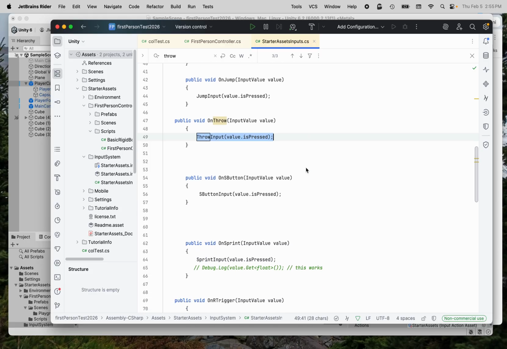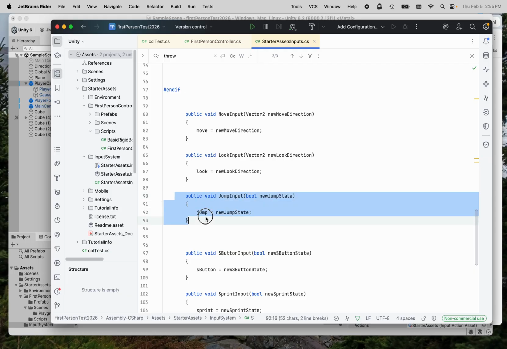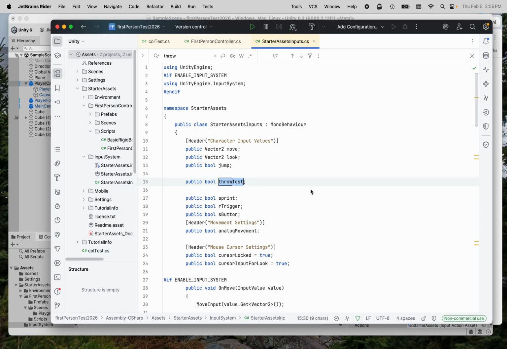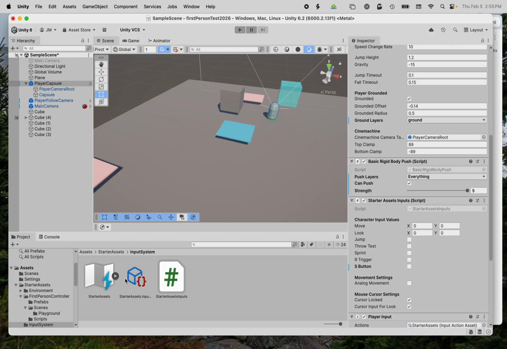So let's look at jump input value, it's down here. Jump input value. And here we're going to change this to throw. And we'll say new throw state. And we'll say this is through throw state. And this is where we called it throw test, because that's the variable we named up here, right? Yes. Okay. So now we're in the input system here,